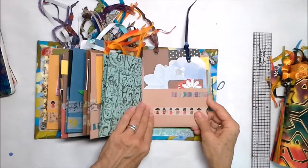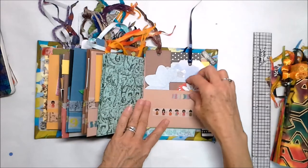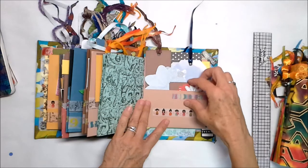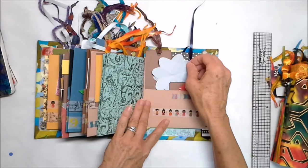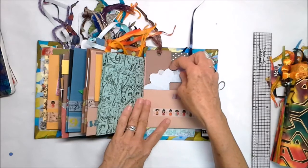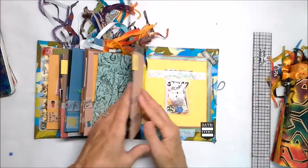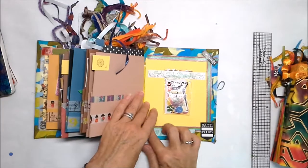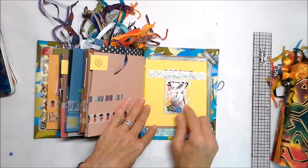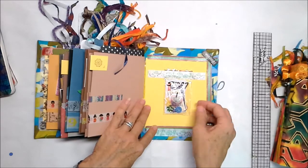And we are almost done with this one. This signature is really about flowers. I have some flower elements for you to play with. Some flower elements that are cut from the insides of envelopes, from junk mail envelopes. This is a tag. Now in the back here, I've washi taped in a little package of elements for you,